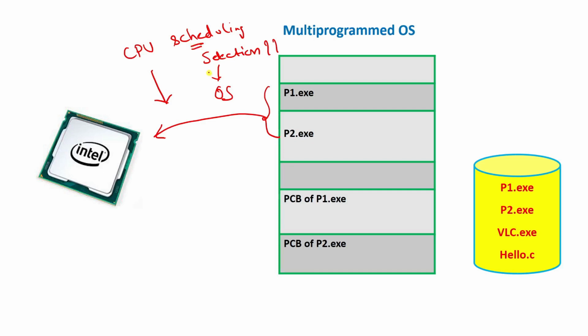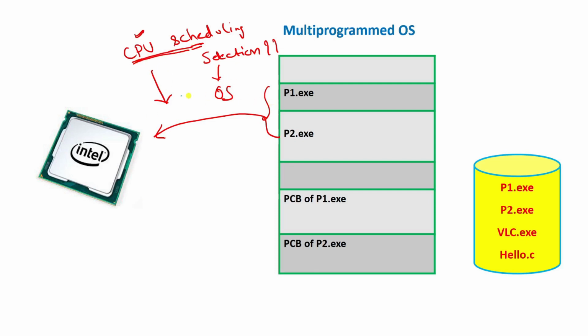So what does this scheduling word mean? As you know, scheduling means you are providing some time to a particular activity. For example, let's say you want to eat something, so there is a particular time frame in which you want to eat. Then after some time you want to study, so there is a particular time frame in which you want to study. So there is a schedule for each and every activity of yours, right? The same way, which process should be given to the CPU for execution, which process should be scheduled, which process should be given the time on this particular CPU for execution, that is meant by CPU scheduling.